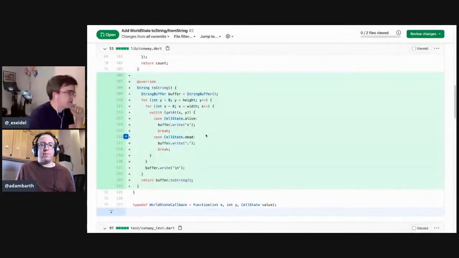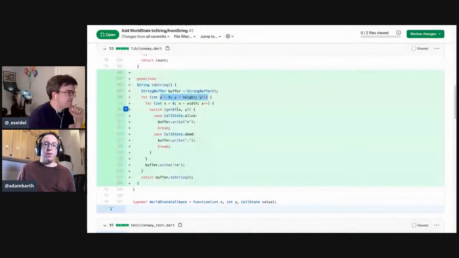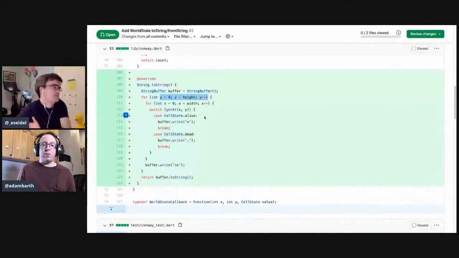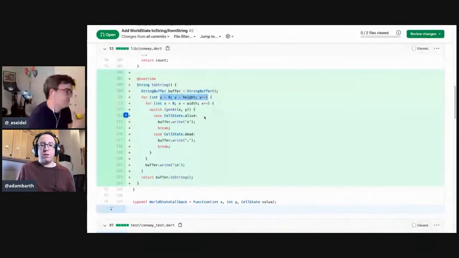This is the write. Okay. See, my brain always does X first and then Y, just because of alphabet order. Yeah, but in this case, I wanted the lines in the string to correspond to the horizontal direction. Yes. This is what actually got me thinking about the iteration order. Yeah. No, it makes total sense.